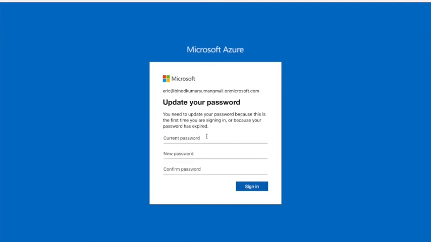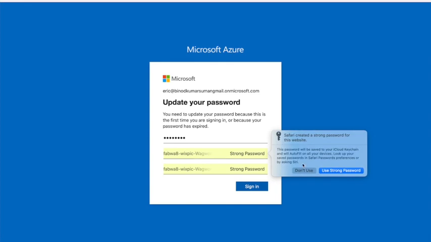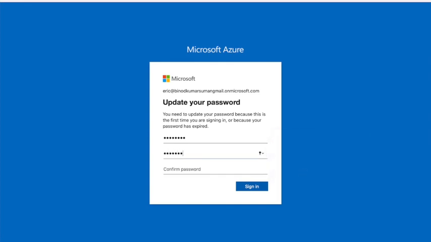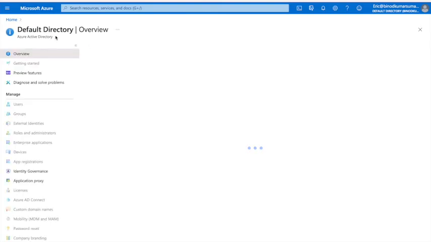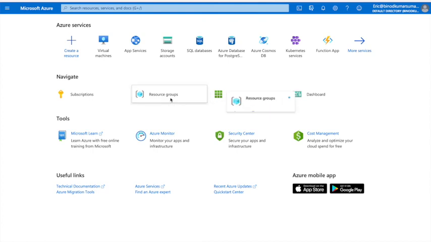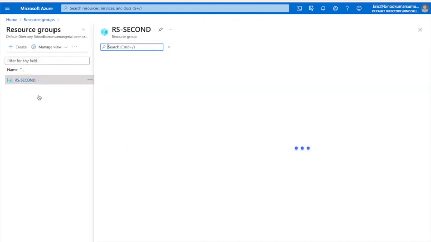Yes, so now the current password, and he should have the access for resource second. Yes, resource second. So now he has the access.